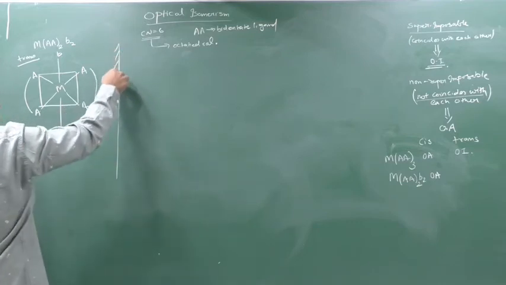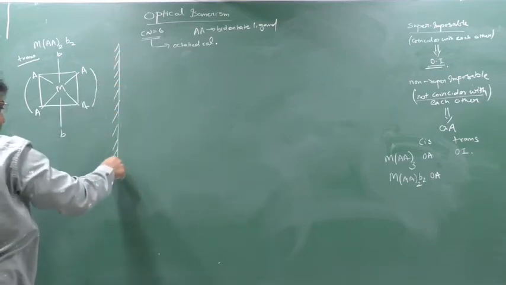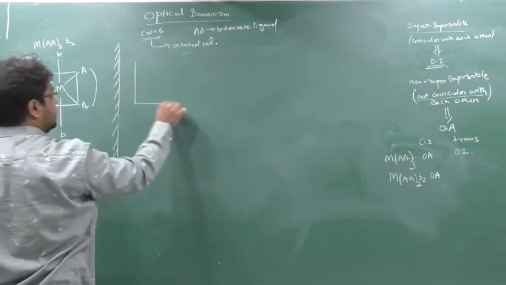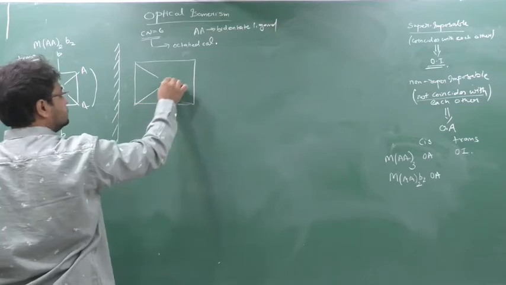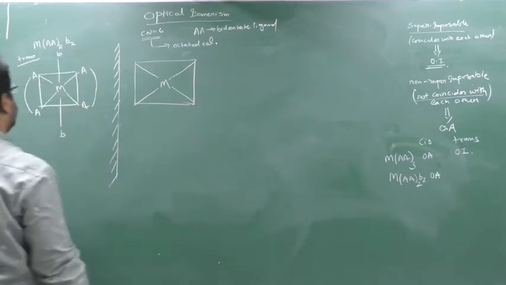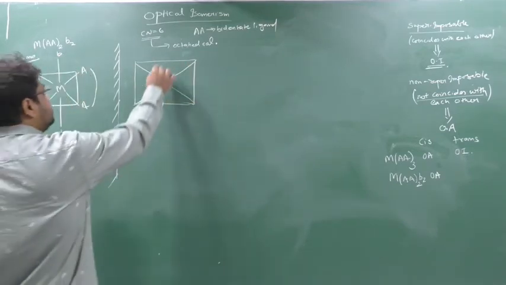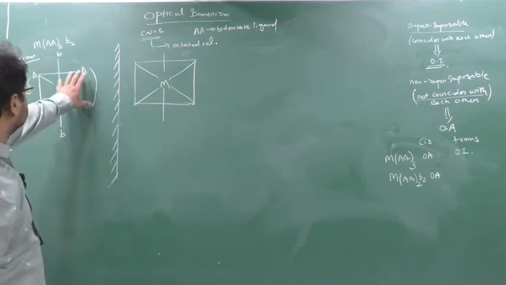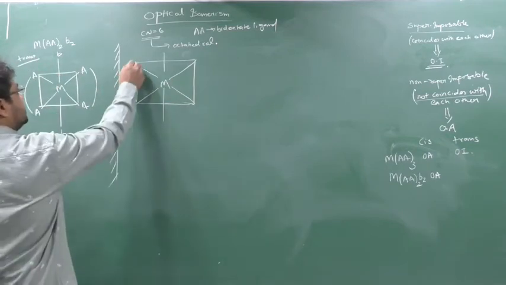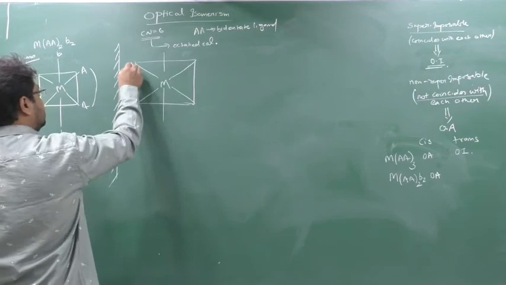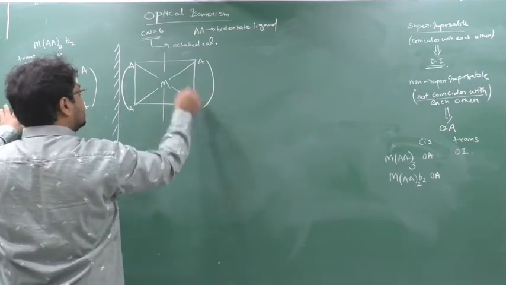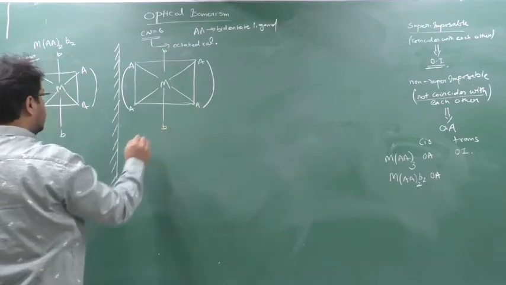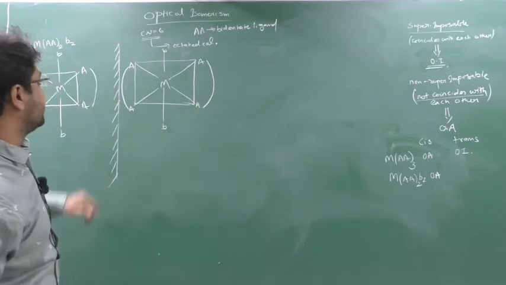When you put a mirror here, with M here, and I create an image. So this is on the second portion, so it will come on the first portion. And here B, here B. Take this and put it on here. See, they will become superimposable.